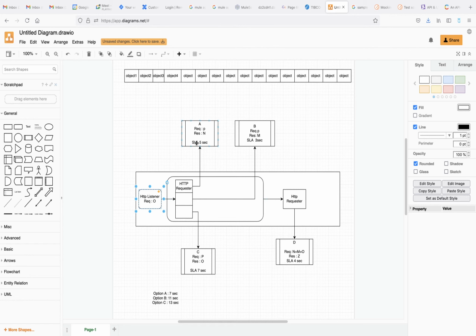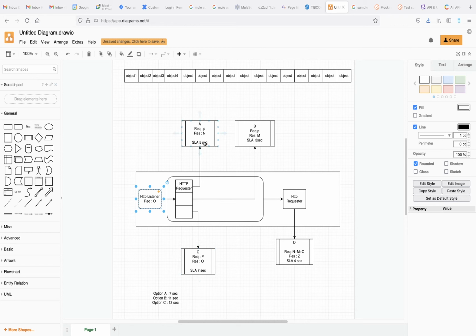Instead of this parallel call, we can make a sequential call also. So in that case, what will happen? Technically it will not give any error. Okay, functionally also it will work, but performance-wise that will not be good. So if we do a sequential call, first we will call A, once we get the response back we will call B, and once we get the response back we will call C. Then how much time will it take?